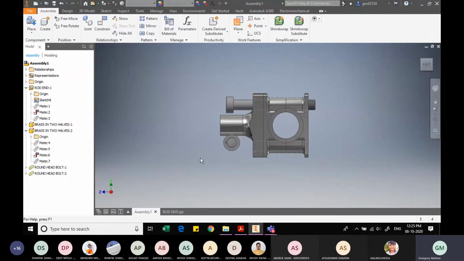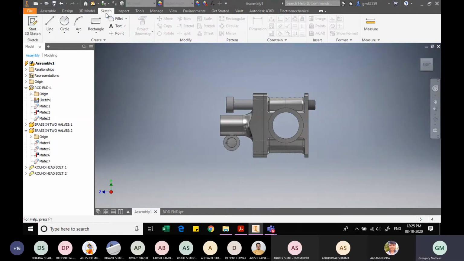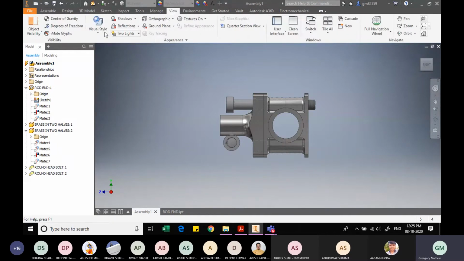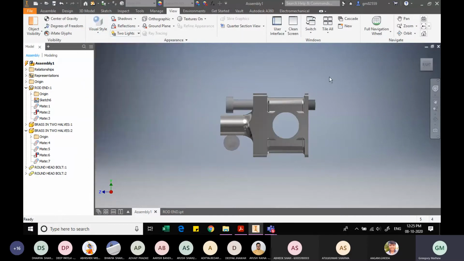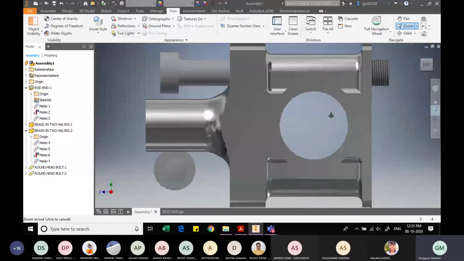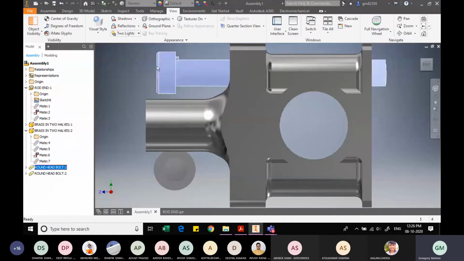Going back to assembly, sketch, view, visual style shaded. Now we'll zoom in on the drawing. And we'll try constraining once again.